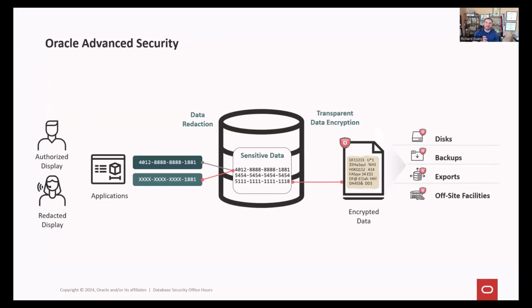Oracle Data Redaction is a part of the Advanced Security license. So it comes in two parts. You've got Transparent Data Encryption. Most of you, probably everybody here, is aware of Transparent Data Encryption, encrypting that data at rest: disks, backups, exports. Data Redaction is the other half of that Advanced Security option. Now, if you're in the cloud and you're using Autonomous Database, you have both automatically. If you're using ExaCS, ExaCC, or DB database-based systems, the Extreme or High Performance editions, your license probably already includes TDE and Data Redaction. Check with your sales guy to make sure, but you should have access to Data Redaction.